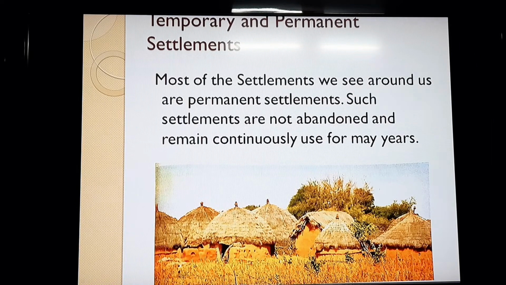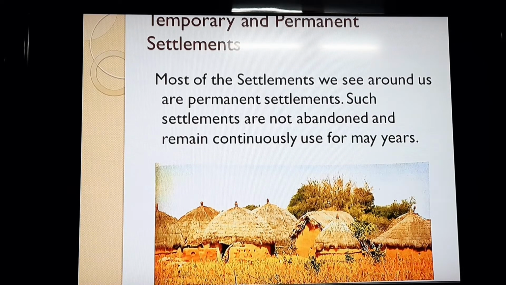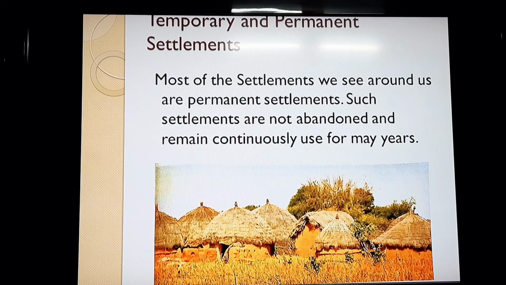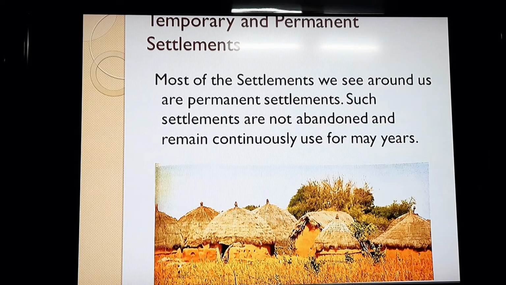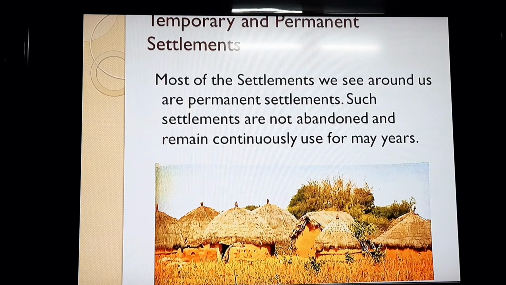And we can see the temporary or the permanent settlement more. Most of the settlements we see around us are permanent settlements. Such settlements are not abandoned and remain continuously used for many years. In our surroundings, we have seen many types of settlements. We have seen apartments, and individual, independent houses. These houses are examples of permanent settlement because these settlements are not abandoned and remain continuously used